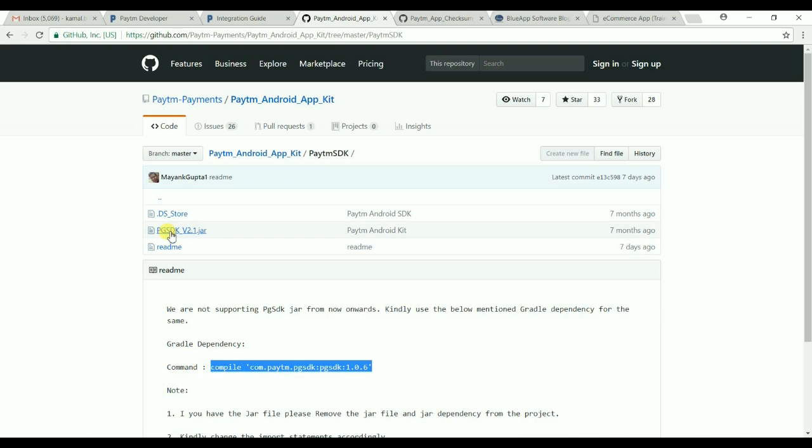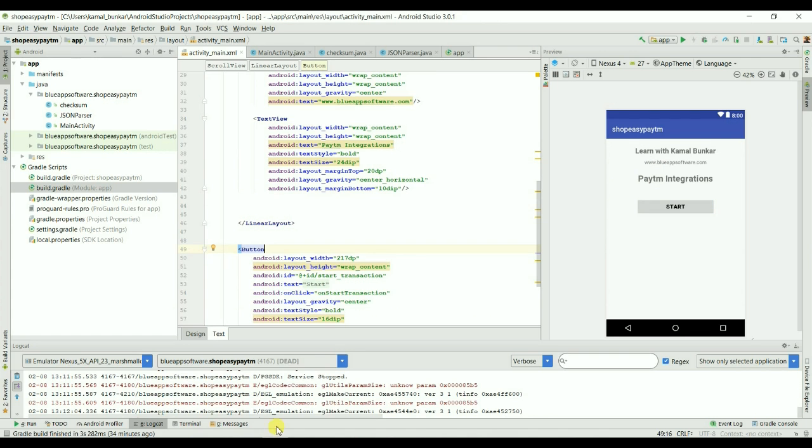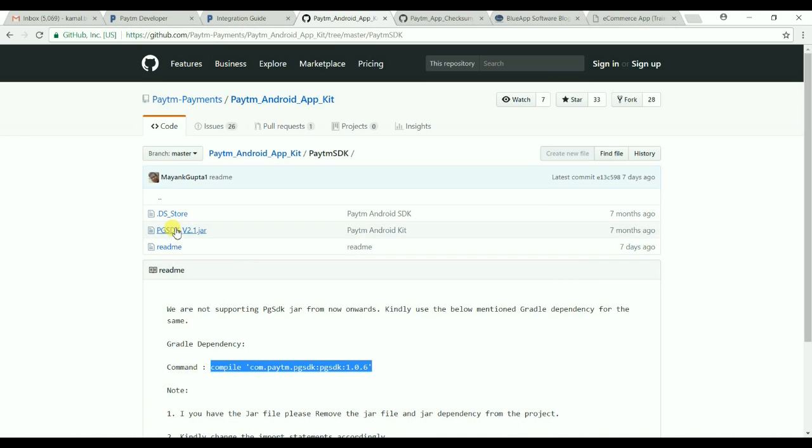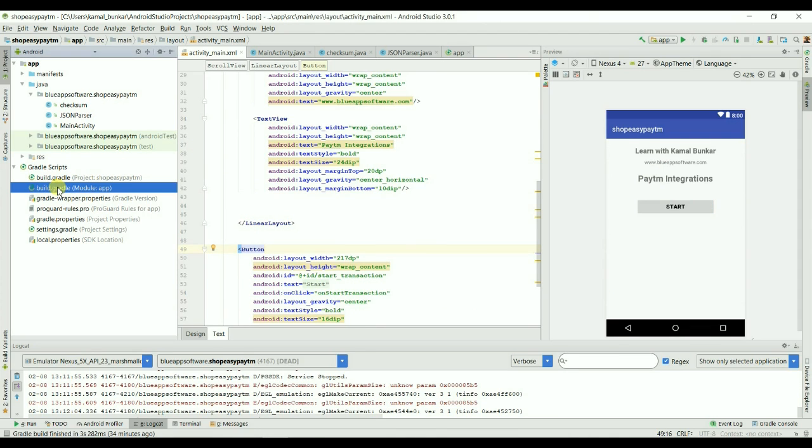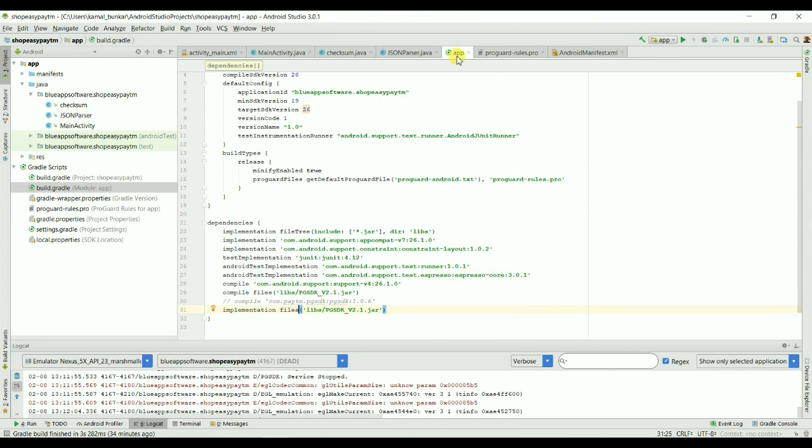What you have to do is, in your Android project, add this jar file inside the lib folder. Then go to your module dependency and add this line. If you are using Android Studio 3.0, use implementation files.